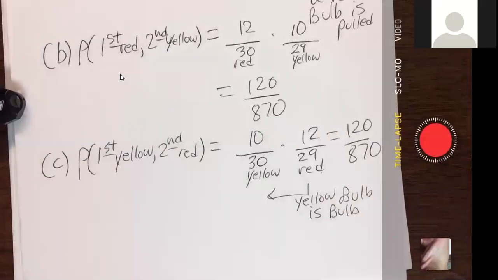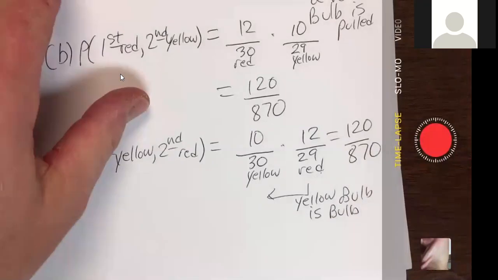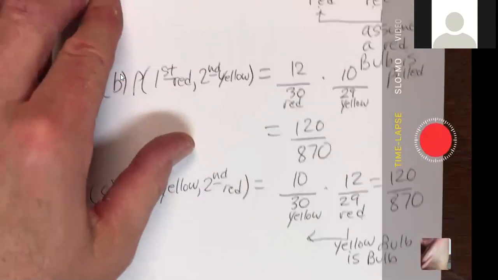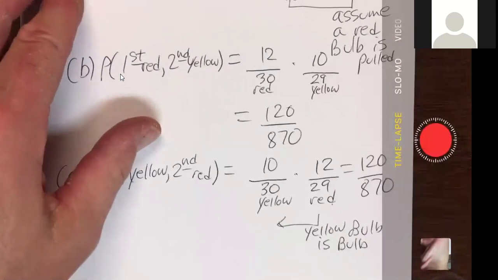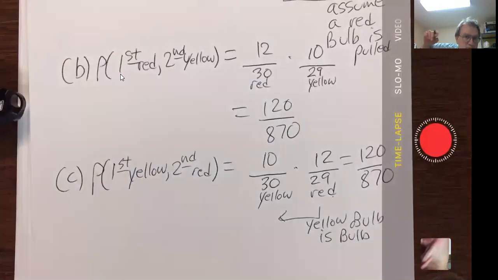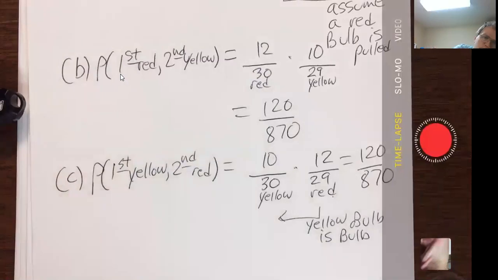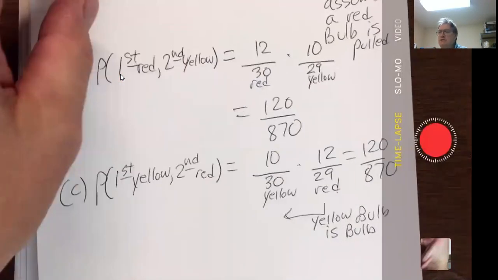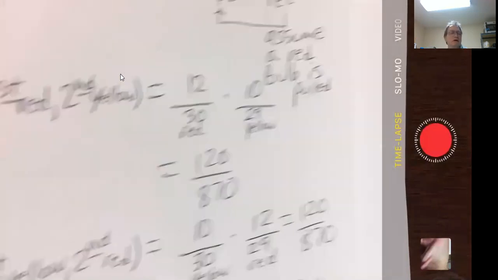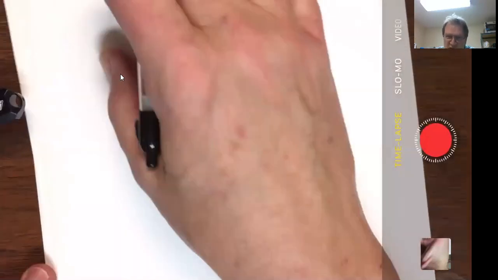No, I was stacking it up, like keep going, keep pulling. So my 30 got less and less and less. Oh, okay. Does that make sense? Yeah. Okay. Sorry. No, no problem. There's just 2 bulbs. Yeah, they're just talking about 2 bulbs. Okay, thank you. Now D is worded a little weird.